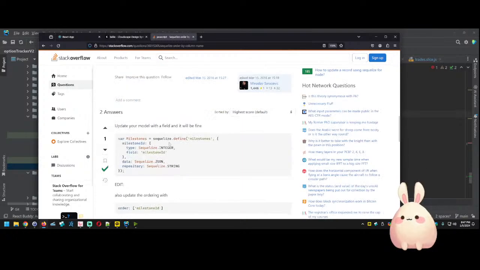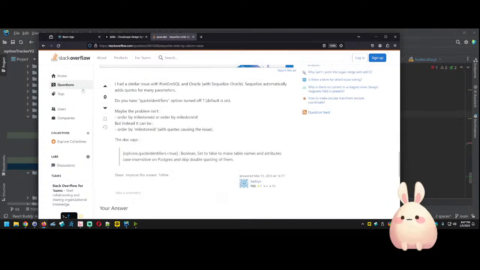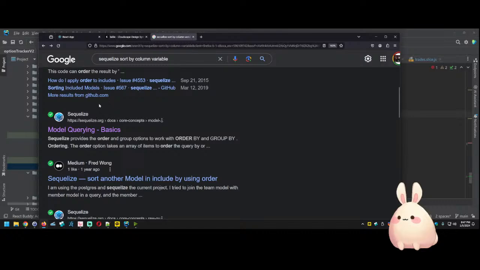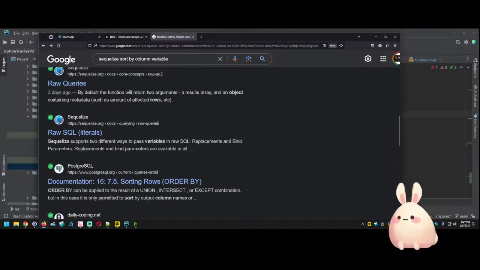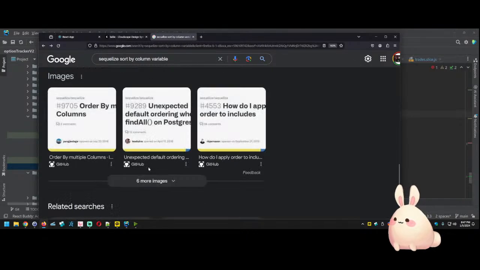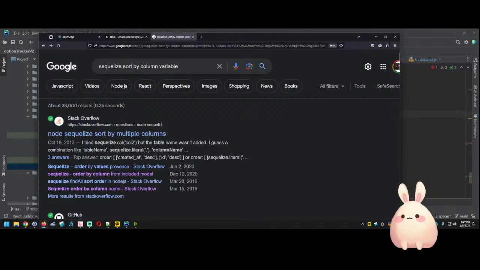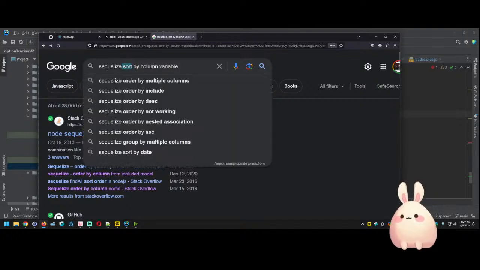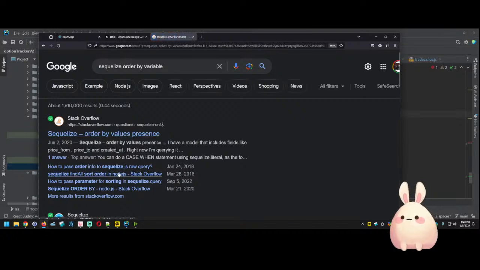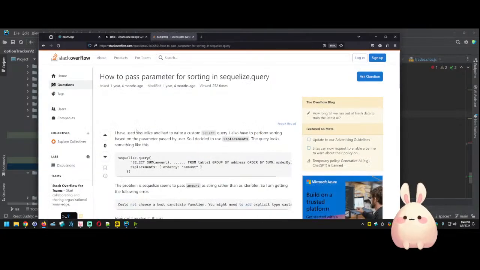Order by milestone. Yeah, I see you, and I can put in a hard-coded value, but let's see. Well, I don't want to order by multiple columns. Order by with variables. Let's look at that. Order by with variable and see if we... yeah, let's take a look. Order by,